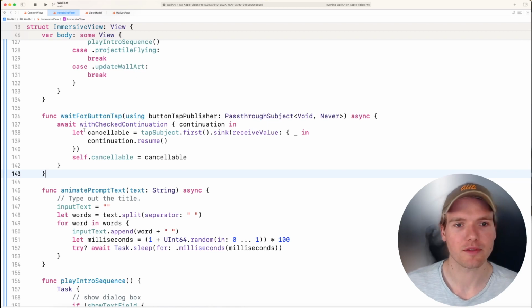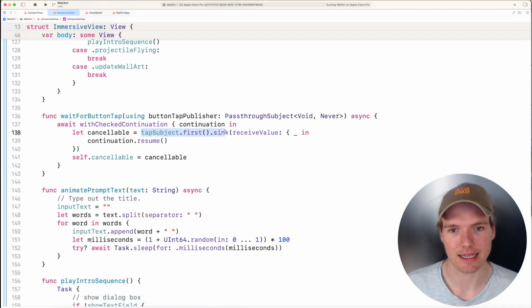Then in this function, we can call await withCheckedContinuation. And inside this continuation, we essentially call tapSubject.first().sink, and when a callback gets received here, we can call